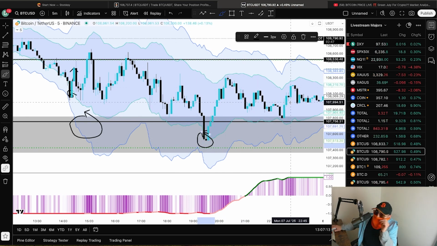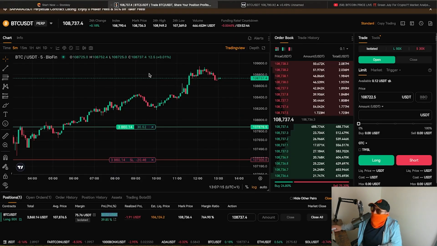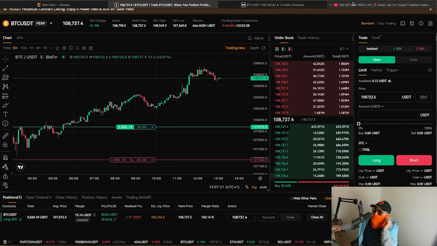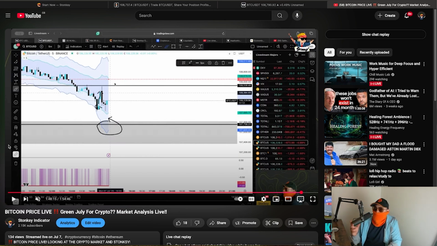Obviously, we went on to consolidate for a bit and then came back up to the levels you can see on screen right now, netting a real nice return on the trade. But that was the exact planning that went into it. Now, that is just one example of how you can utilize Stonksy,